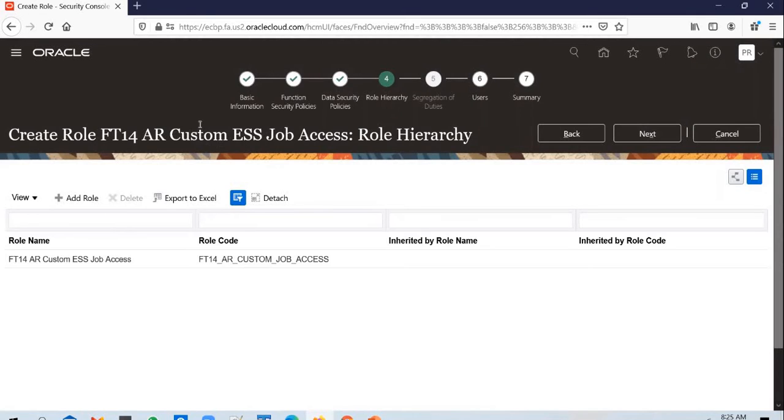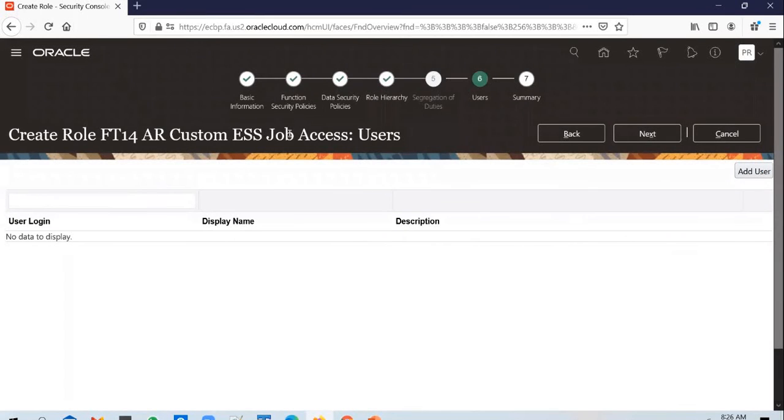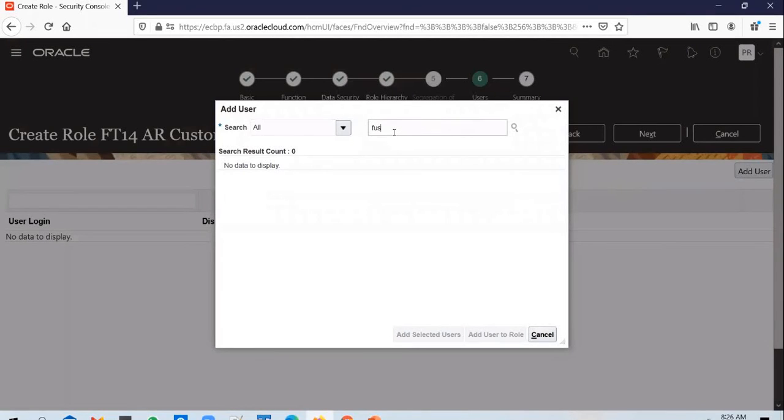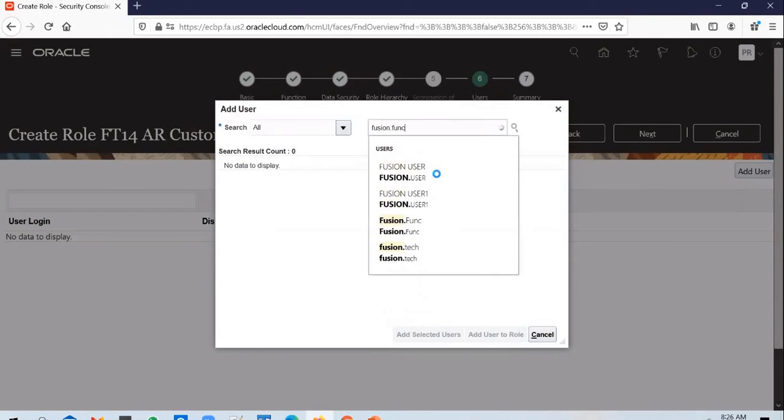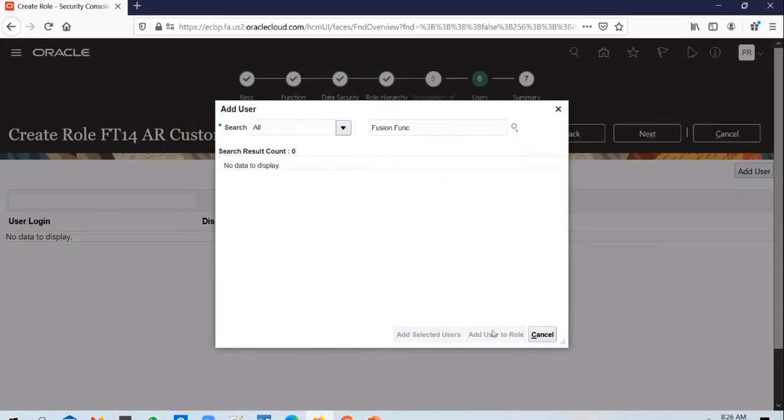If there are 2 or 3 ESS jobs related to AR, you can add those privileges as well to the job role. And what you can do, you can assign this job role to the users who need to run those ESS jobs. So say, for example, if Fusion.Func user needs to run this, you go ahead and add in that user, and you will assign him this role.